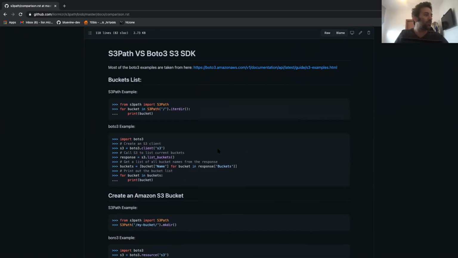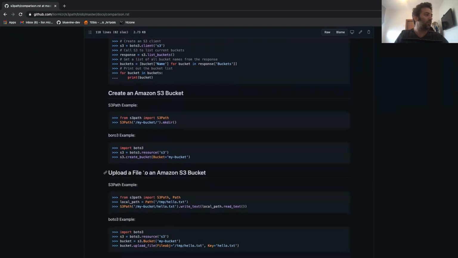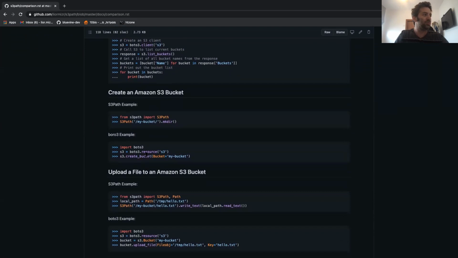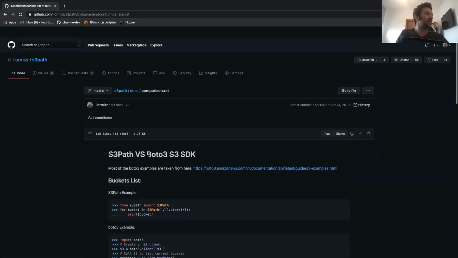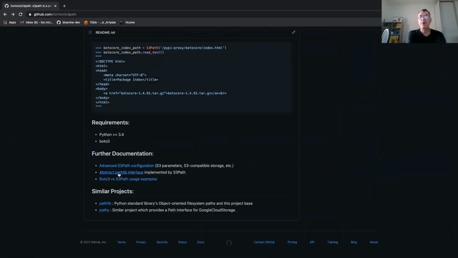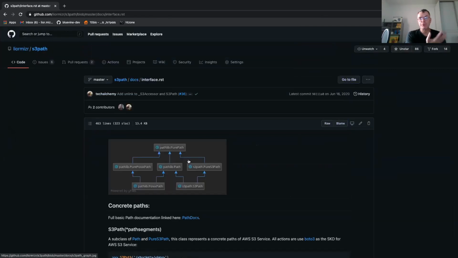There are too many things you need to know in order to use it. And that's what s3path is doing. It's a wrapper around, I guess, Boto3, to provide you an interface like pathlib.